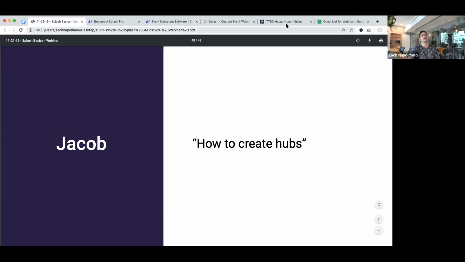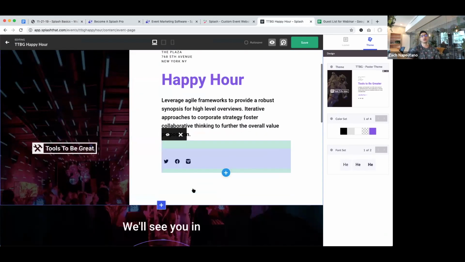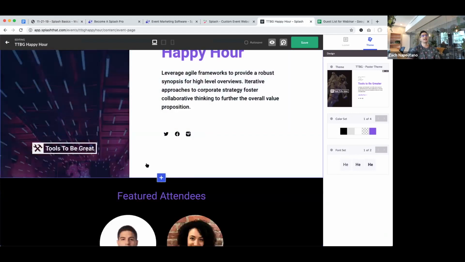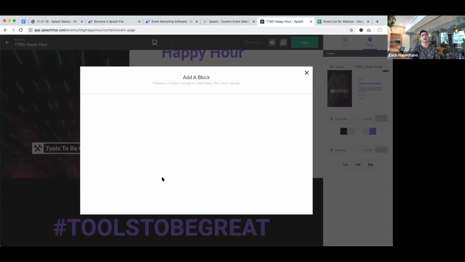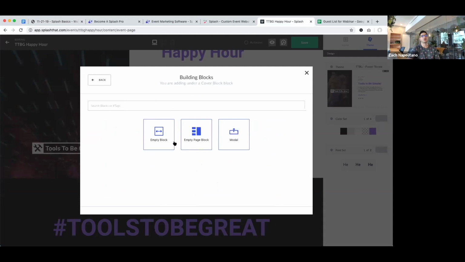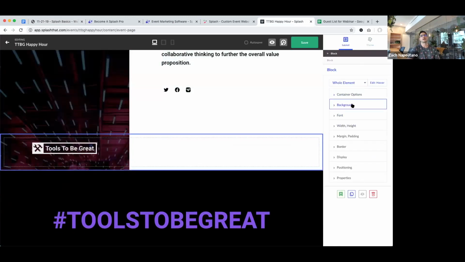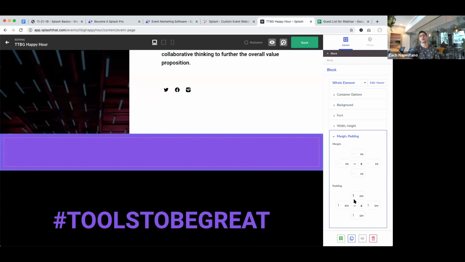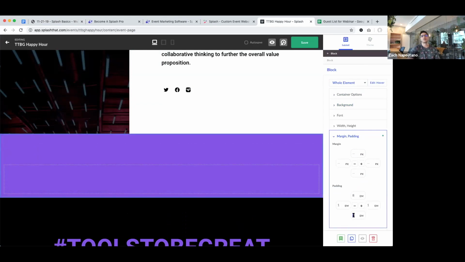So in this example, this is my happy hour page. I can leverage this. I could hide the RSVP button if I wanted to, and probably hide some of these other content blocks. And instead, what I would do is I would add an empty block, just an empty section of my page. We'll call it a building block. And I will make that building block have a purple background, and I'll make it really big using the padding feature for us. This is just me operating quickly.